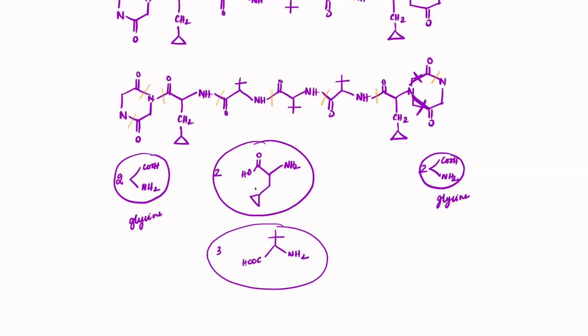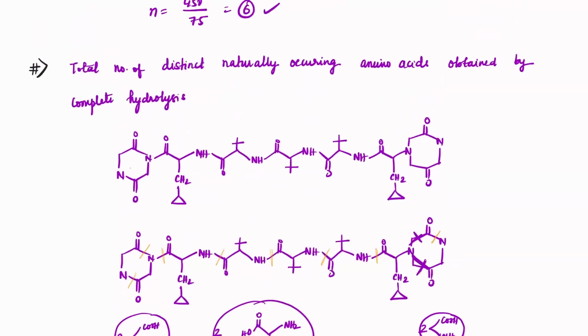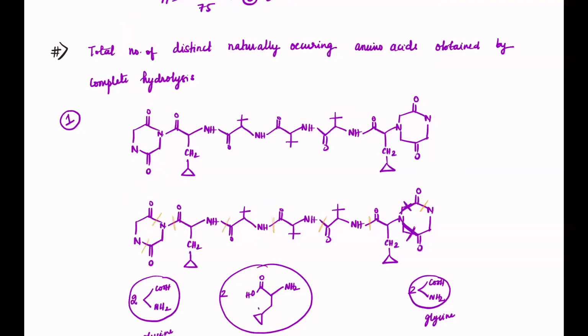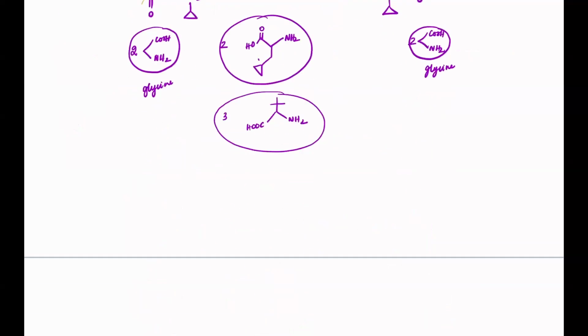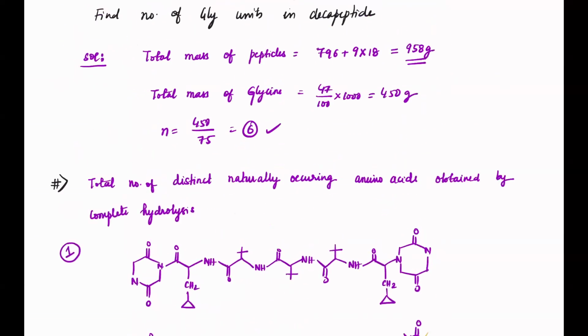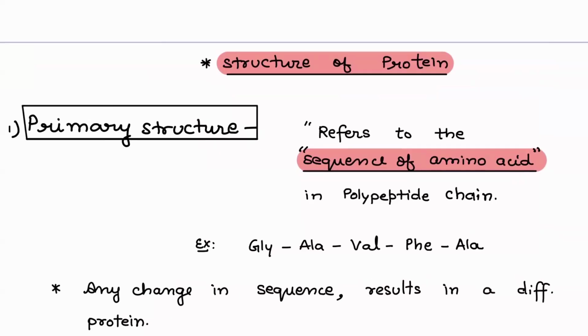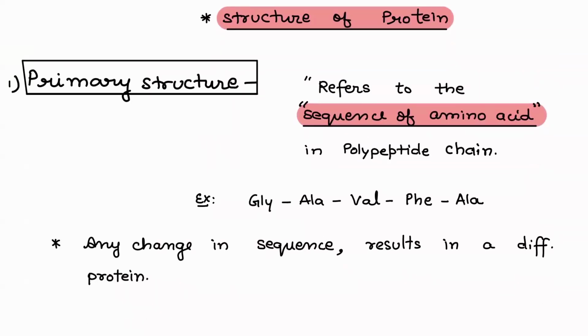But if you have noticed one thing, this is not a naturally occurring amino acid. Neither is this a naturally occurring amino acid. So the only naturally occurring amino acid is glycine. So the answer is only 1. Okay. Because it is asked for the distinct number of natural amino acids. So the answer is only 1. So guys, clear on this part? Right. Okay. So these are the type of questions that will be asked to you. The next point is all about understanding the structure of protein. This is a very small part. Okay. So what I'll do,